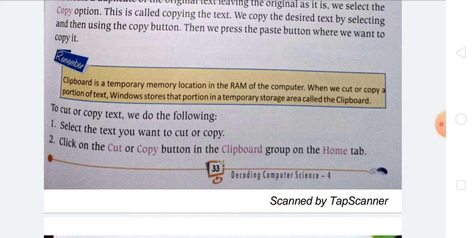To cut and copy, we do the following. First select the text you want, then use cut. Or you can right click on the selection, and a box opens where you choose copy or cut, and then use the clipboard group on the Home tab.